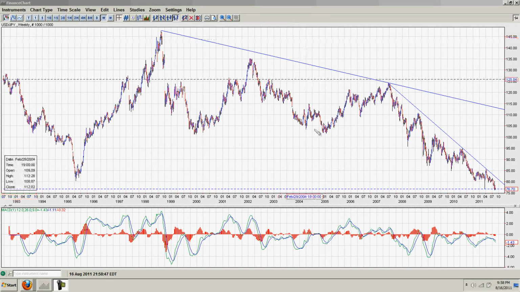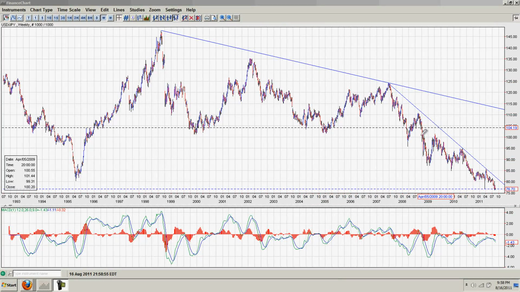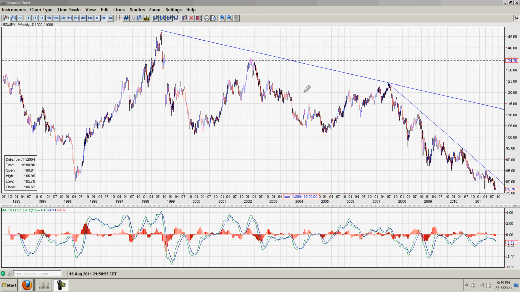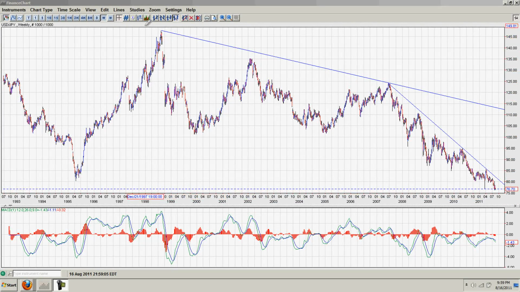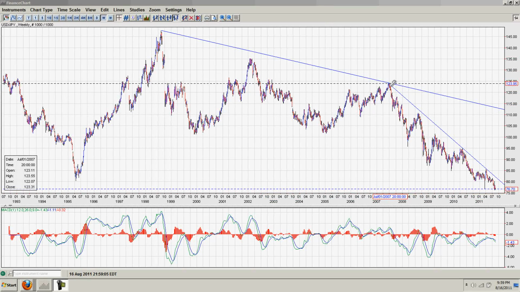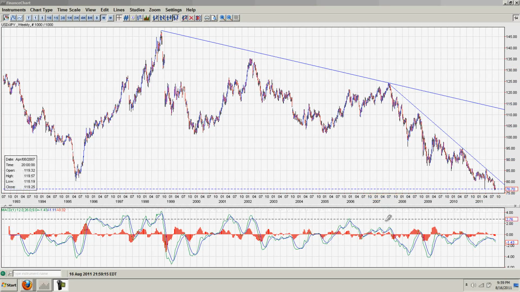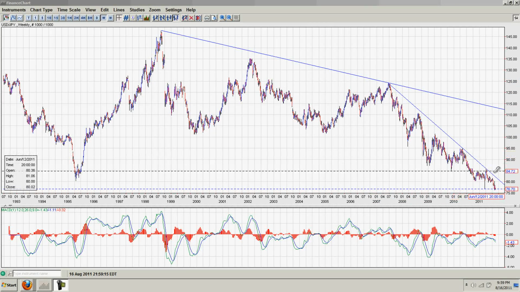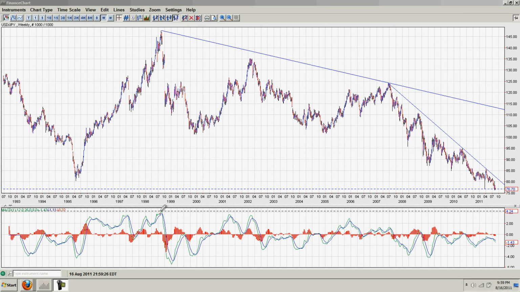You're looking at a weekly chart of the dollar yen. As you can see from this chart, the dollar is very sick against the yen. Got a couple of trend lines, one going all the way back to 1998. We have a fairly steady decline that accelerated starting in about the beginning of the recession, roughly summer of 2007. We started a new trend down, and you can see we're now rolling over to the downside. The trend in the MACD is also down.